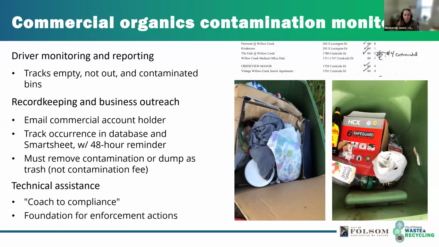Like I said, we use outreach in our initial email, but we also monitor the contaminated accounts very closely. So when we can start to see a trend, we can use that to know which accounts need site visits and outreach in person. And then we also provide technical assistance as a further step if an account or area has still not been able to understand what they need to be doing for the organics program. So it does lay the foundation for enforcement actions. It's the beginning part of it, as we know that the enforcement can begin this year. So we use this contamination monitoring to understand what accounts need our priority in the city of Folsom.